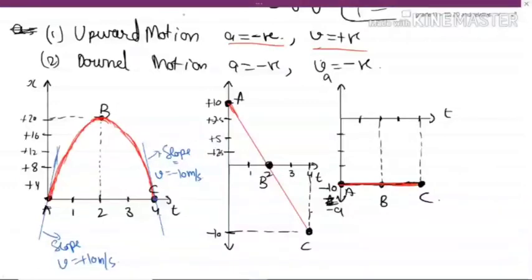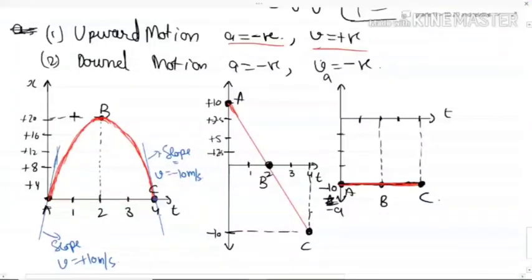And what will be the slope over here at point B? If you draw a tangent, will it look like this? The slope at point B, which is basically the velocity, is how much? 0. This line is not sloped at all. So basically rest, instantaneous rest, because it is just rest for one particular instant. Is this clear, guys?